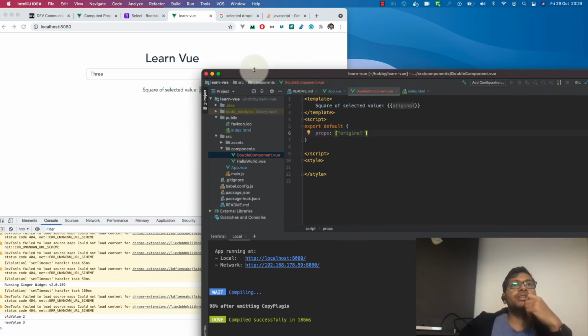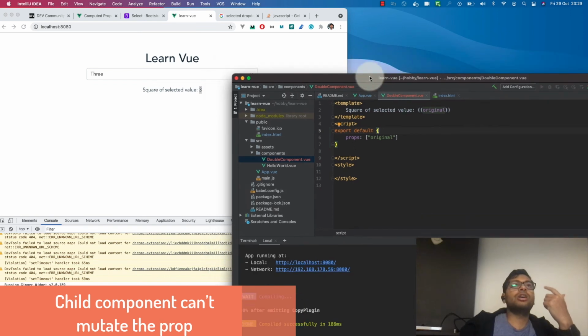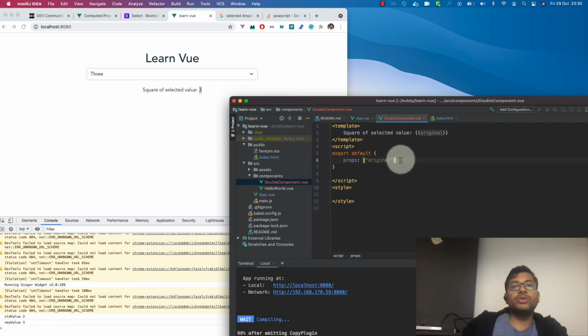So what we can do is now we have the original value, but we cannot mutate it because we are getting it from a parent component. Because the double component is a child component of app.view, it can display the prop, but it cannot mutate the prop. So what we can do, we can use the watcher thing here, and when the original change, we can change this value. So what we can do, we can use something called data,